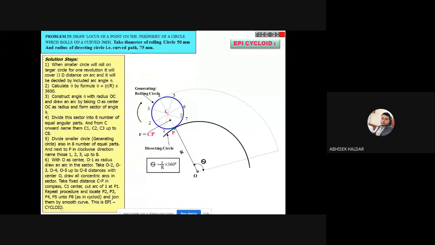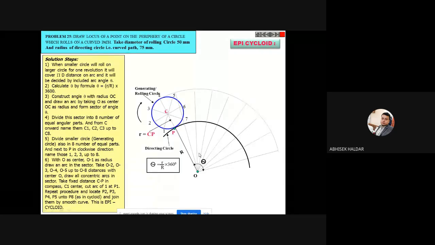Now the steps are very simple. As I have divided this circle into 8 equal parts, whatever the angle I have got, 120 degree, I have to divide that angle also into 8 equal parts like this. I'm showing you. How many parts? 1, 2, 3, 4, 5, 6, 7, 8. You can see. So as I have divided this circle into 8 equal parts, whatever the angle here, for example 120 degree, that angle also I have to divide into 8 equal parts. How to divide this angle into 8 equal parts? Anyone?